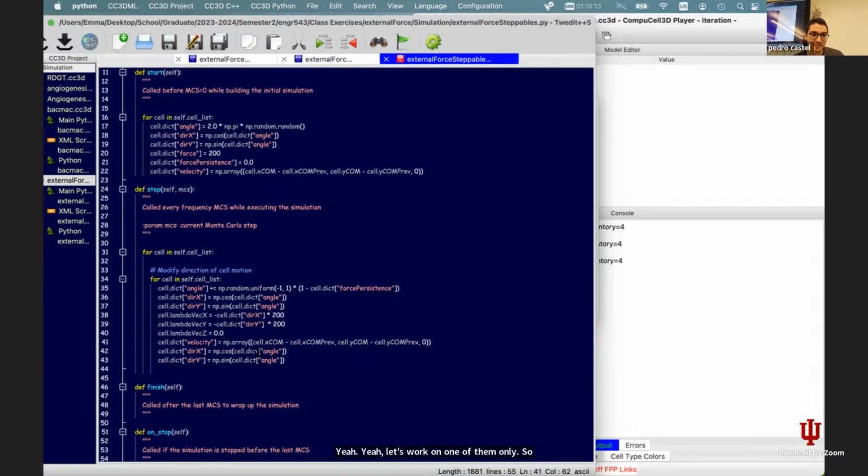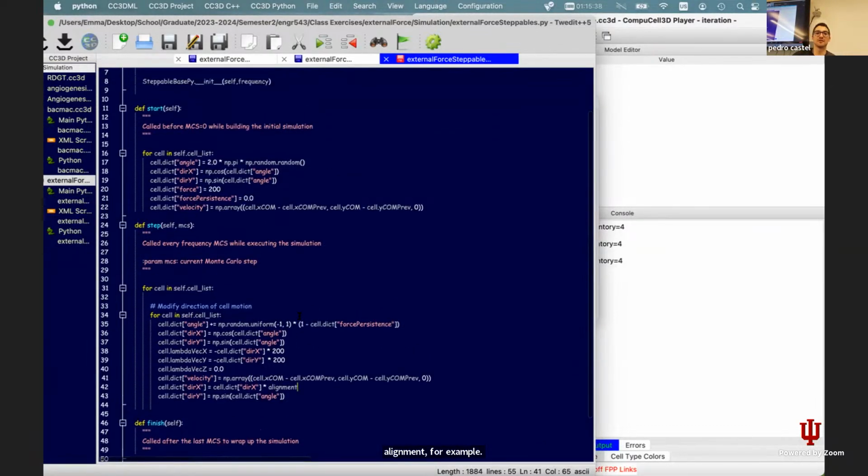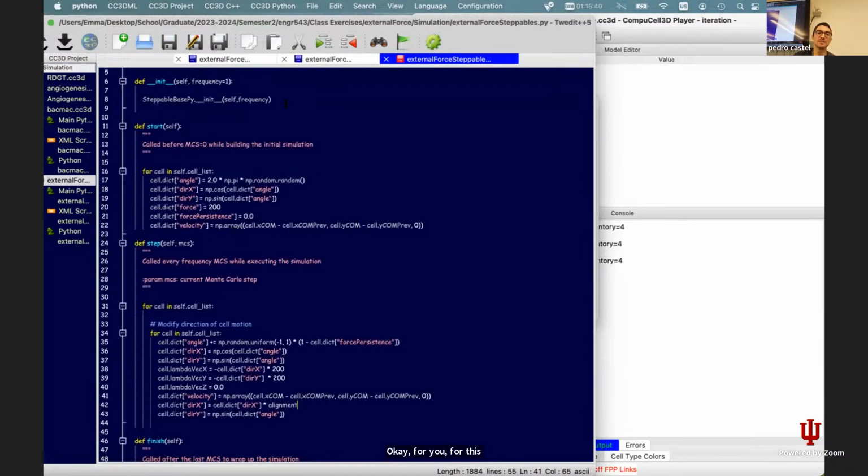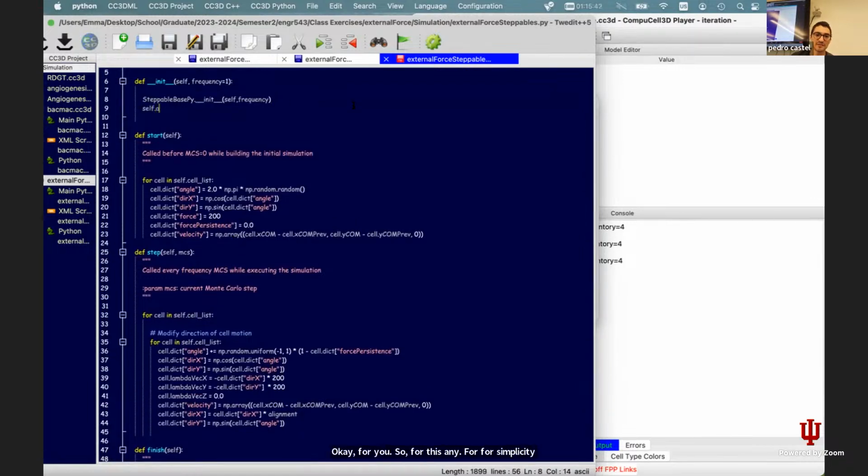So dirX is going to be equal to dirX times a correction parameter that you can call alignment, for example. Is that for each cell or for the simulation? For simplicity now, let's make it